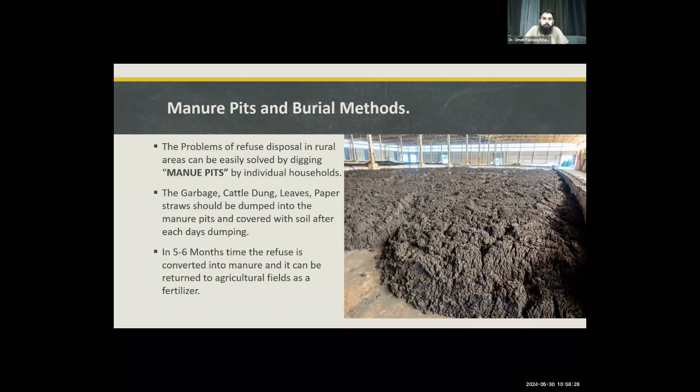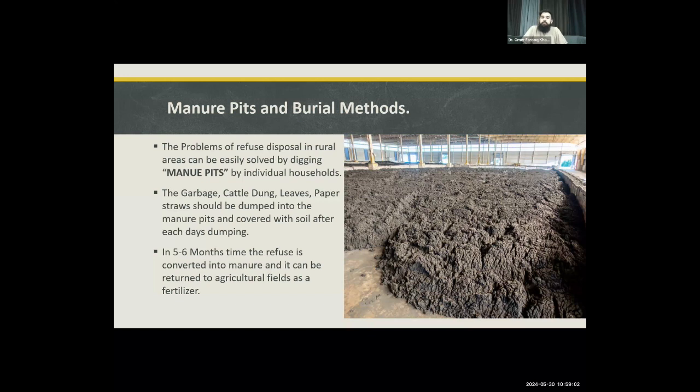Then there are manure pits and burial methods. Basically, these are used in livestock farming or animal husbandry farms. The problems of refuse disposal in rural areas where livestock farms are present can be easily solved by digging manure pits by individual households or individual farms. The garbage, cattle dung, leaves, and paper straws should be dumped into manure pits and covered with soil after each day's dumping. In 5 to 6 months' time, the refuse is converted into manure and it can be returned to agriculture